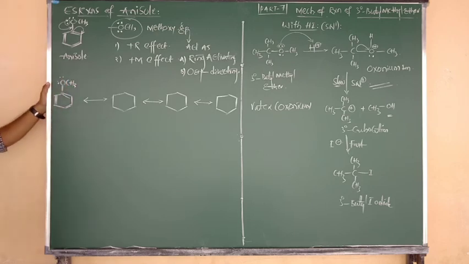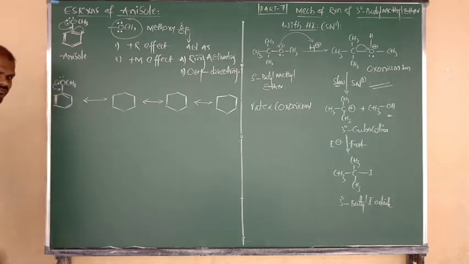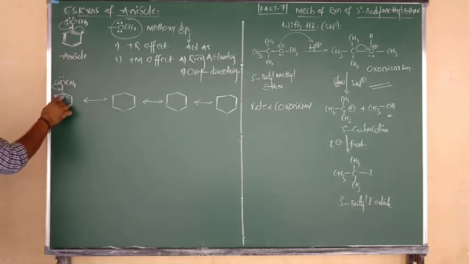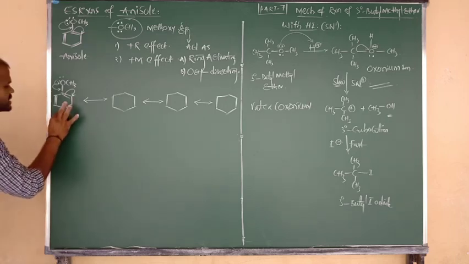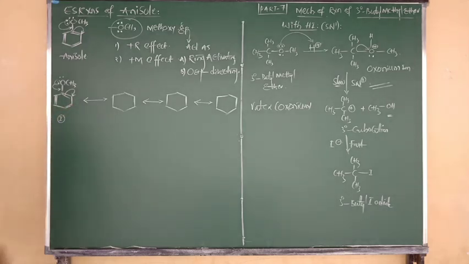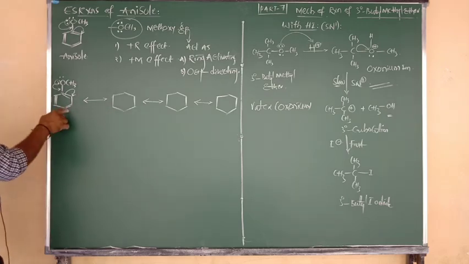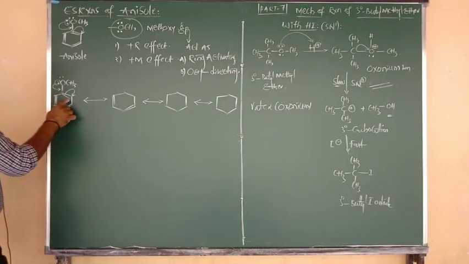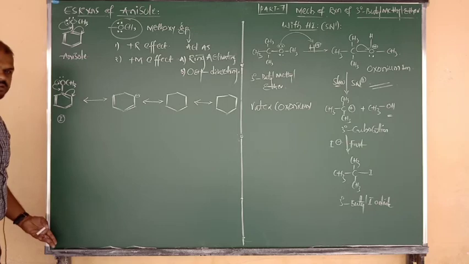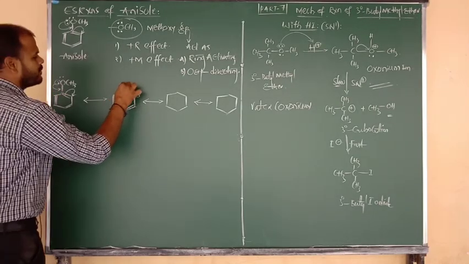Here oxygen contains 2 lone pairs, you know very well. So one of the lone pairs undergoes delocalization from oxygen to the carbon of benzene. At the same time, the pi bond between 1 and 2 completely shifts to the second carbon. This is your resonance 1. After this change in 1, you are going to get the second structure. How? Left 1, down 1, these 2 bonds remain as they are. The bond between 1 and 2 shifts to the second carbon. Understood? Initially a single bond, but after delocalization of the lone pair, a double bond formation will occur.